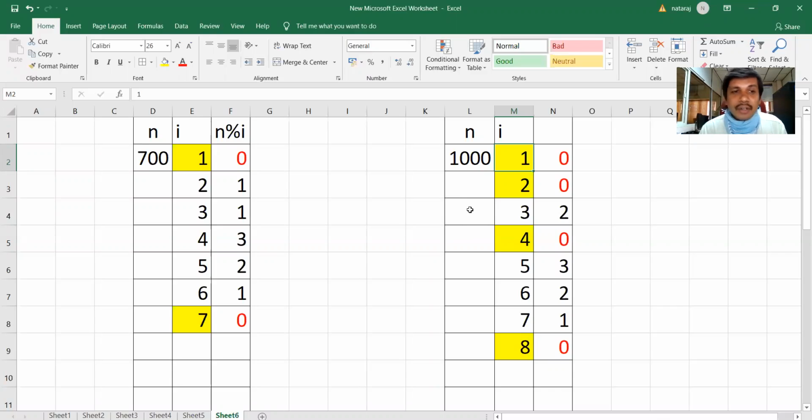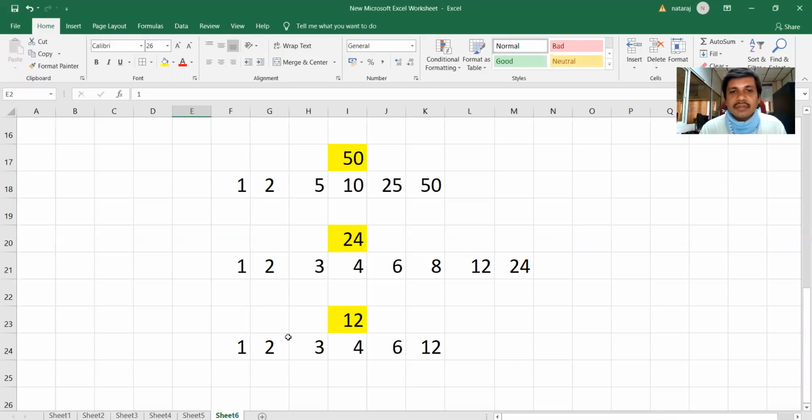Got it? And you need to check each and every value from 1 to 700 whether it is divisible by 700 or not. If it is divisible, maintain the count or update the count. And if that count is 2, it is prime. Inta blind ga rasam manu logic. You have written logic in such a way. But my question is, see here.